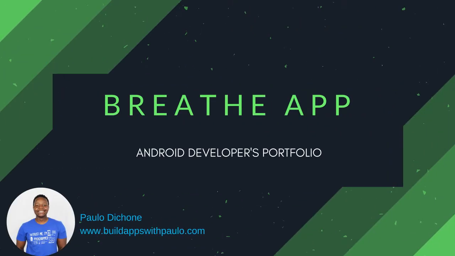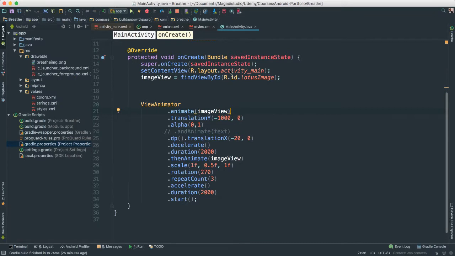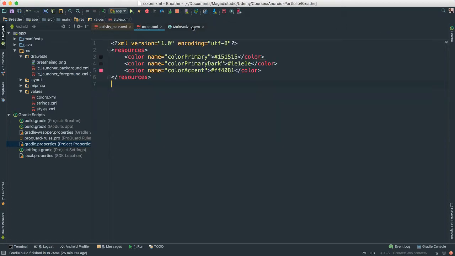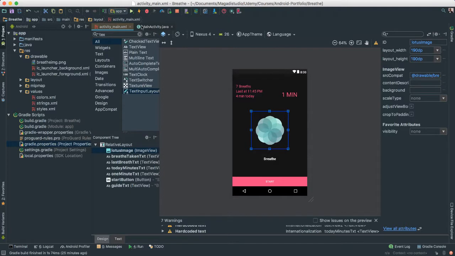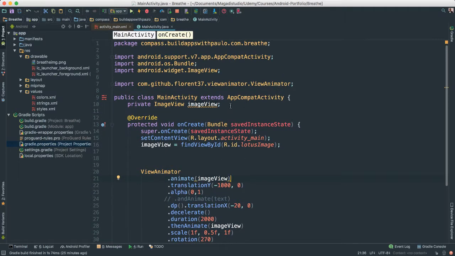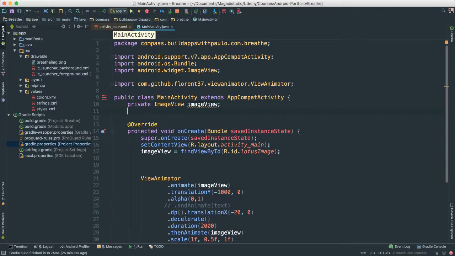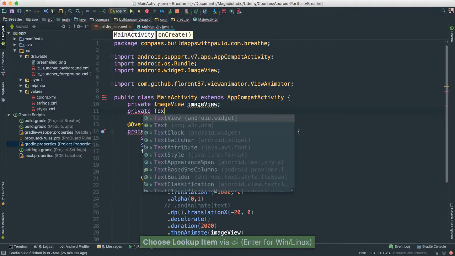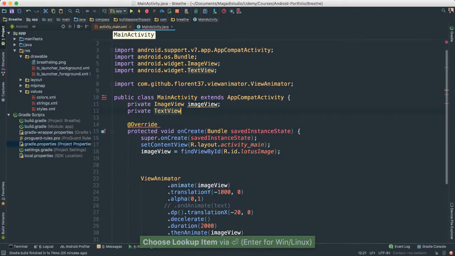Let's go ahead and start putting together the user interface, or at least wire things up inside of our main activity. So we have these text views and so forth. Get rid of anything that we don't need. Okay, inside the top here we have the image view. Now let's go ahead and create a few others. So private, it's going to be TextView because we have a few text views here for this project. I'm going to put them all on the same line. I'm going to call this breathsText,